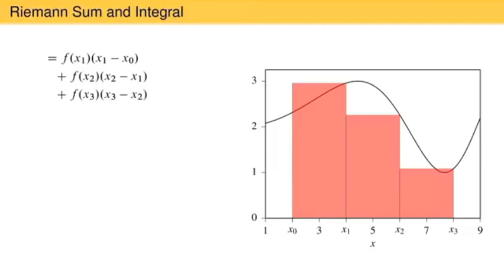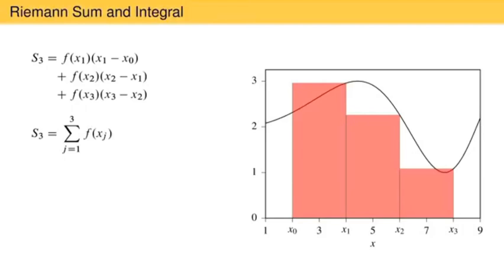Let's call this sum of rectangle areas capital S and give it a subscript of 3 to indicate the number of rectangles used in the sum. This can be written more compactly using summation notation with the variable j serving as the subscript and taking values from 1 to 3. The argument to the sum is the height of each rectangle, the value of the function